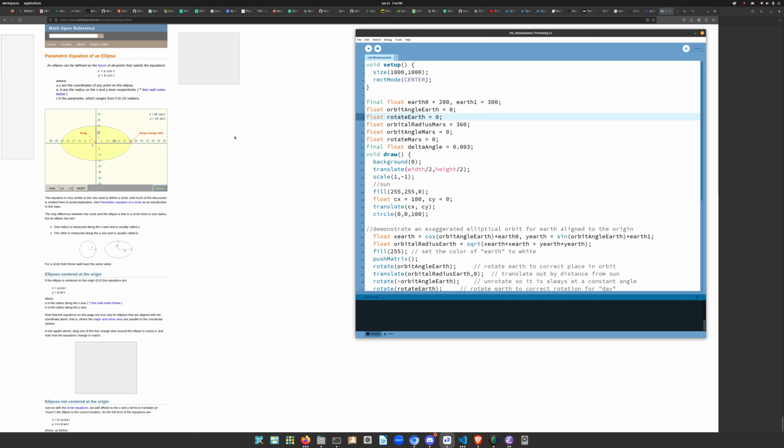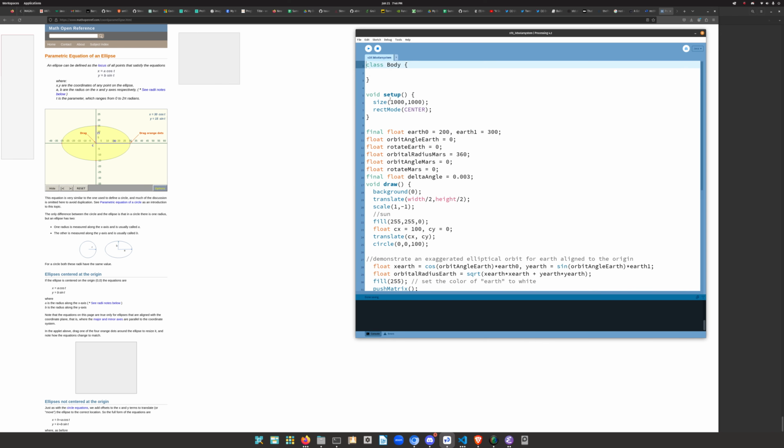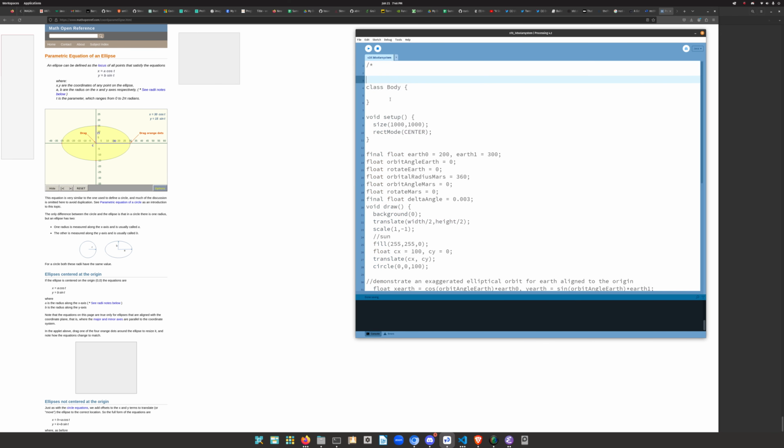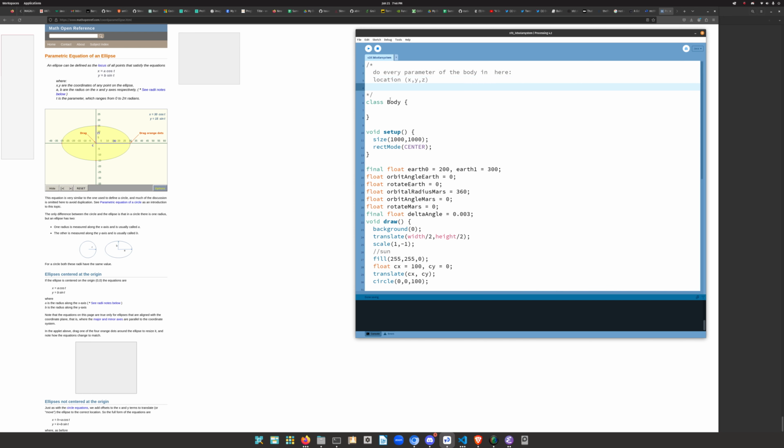Okay, so obviously what I recommend is if you're going to write a solar system, you don't want to keep on replicating all these variables, right? So you really want to write an object-oriented program, but that's beyond the scope of this workshop, right? But what I would recommend is, if you were doing this, that you would write a class called a body. So it should have location,